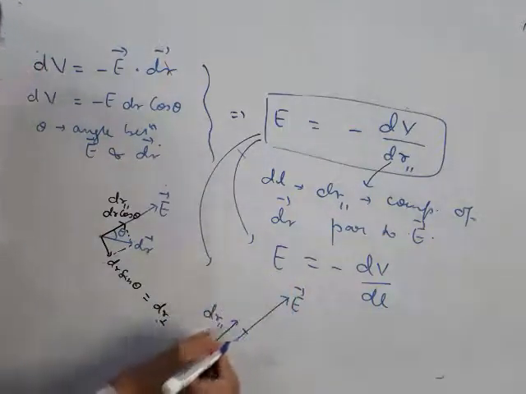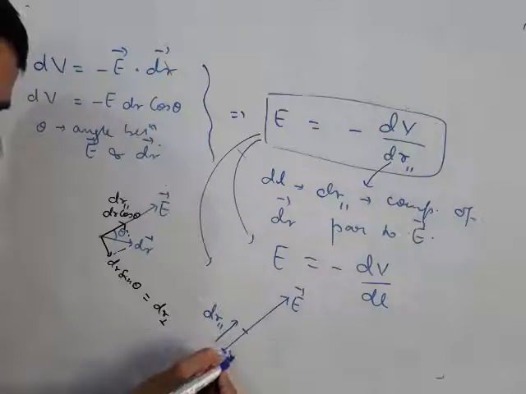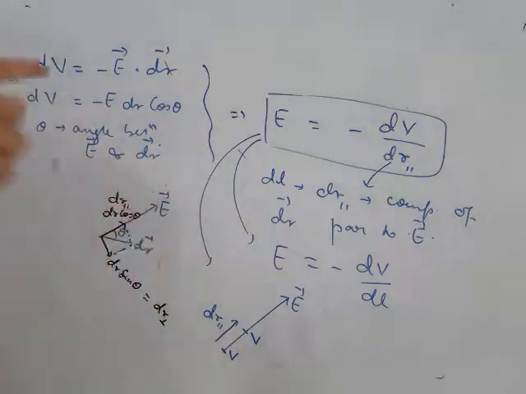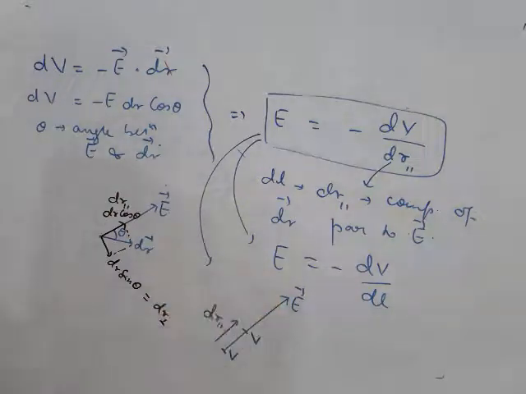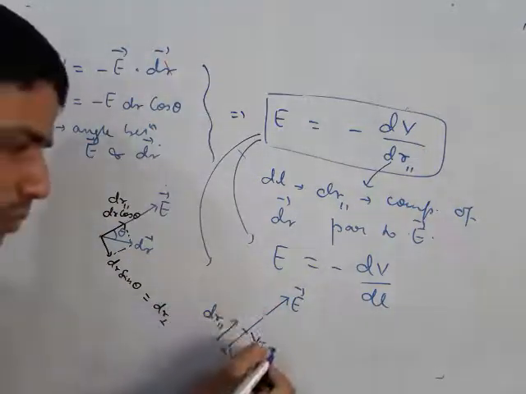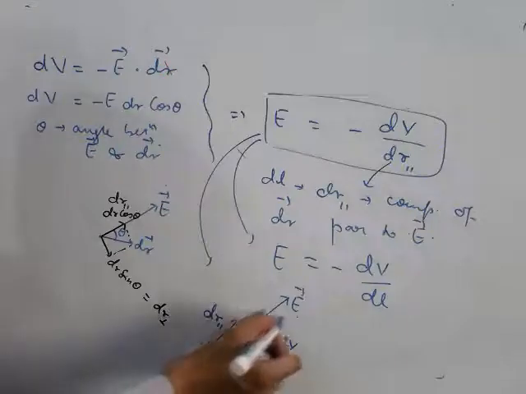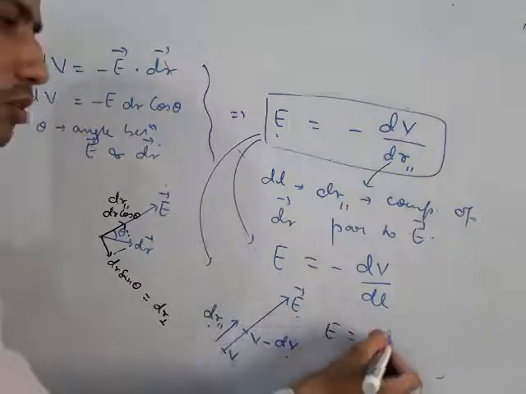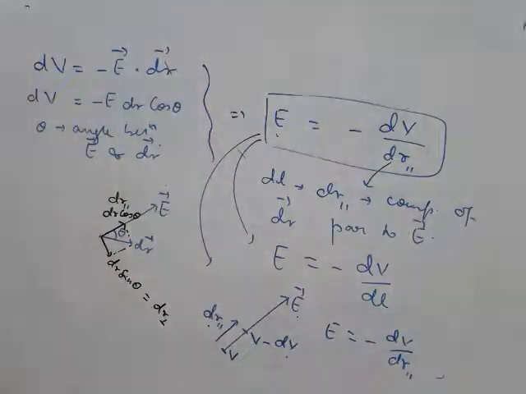Then these 2 points will have a difference in potential. Potential here, if it is V, then here the potential will be less, because I have discussed electric field is in that direction where potential decreases at maximum rate. So here the potential will be V minus dV. So what is the decrease in potential? dV. Then dV, E and dr parallel are related using this particular relation. E is equal to minus dV upon dr parallel. This is the relation between electric field